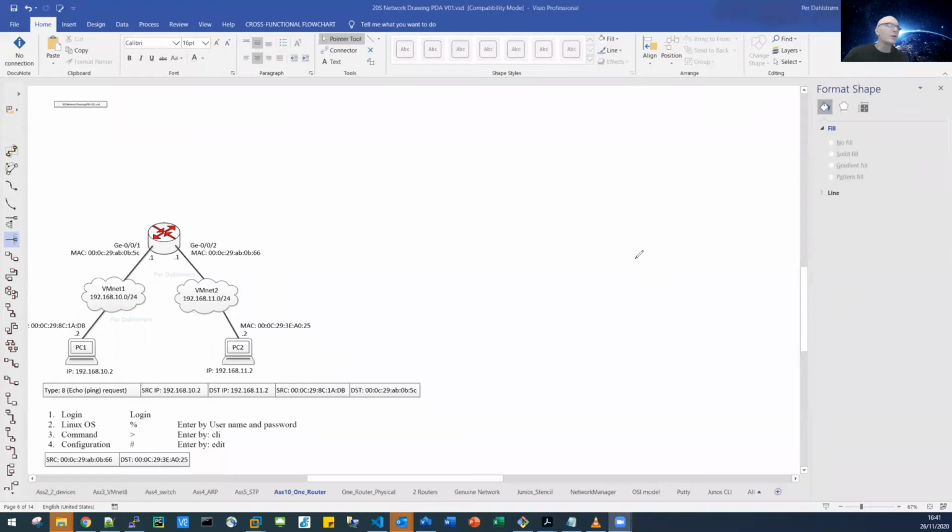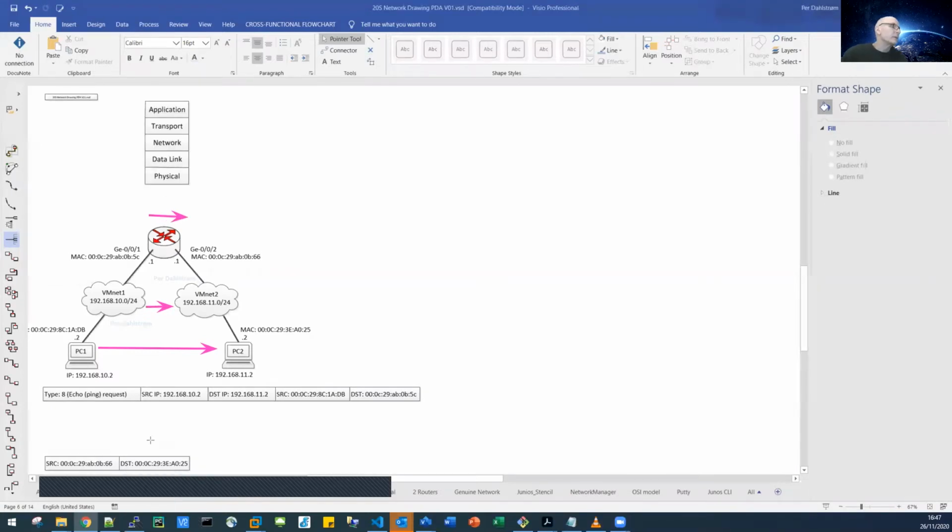So here in this video, we will be looking at the routing process from PC1 over to PC2, i.e. from the 10 network to the 11 network, going through the router. We will be looking at the IP addresses in the routing, the IP addresses for the PCs and the IP addresses for the